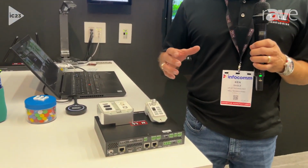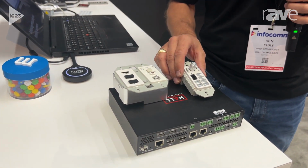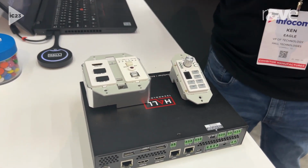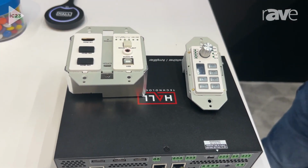We're at Infocom 2023 in Orlando, and we're showcasing our technology room kit called the TRK1 for short. I've got that on the table here beside me. The technology room kit is three components that come together as one order. You have a keypad to control the room. You have an input panel to allow all your sources to connect in easily, and then sitting down here on